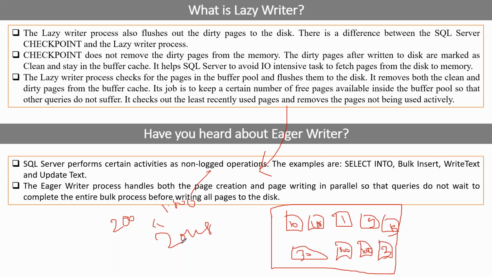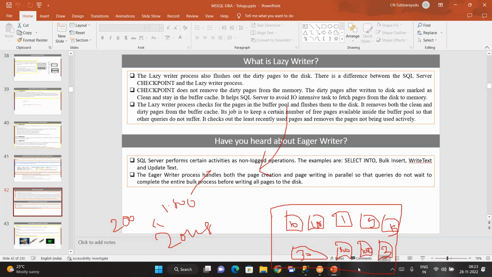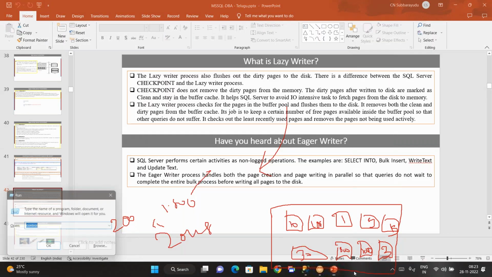So that's why, sir, we have a lot of parameters like total server memory, target server memory, page life expectancy, memory grants pending, and available MBytes. There is internal pressure, external pressure, and you may see wait types called resource semaphore, page IO latch, log writer. So there are lots, sir, especially when you go for memory. CPU is a very simple concept, sir, but for memory we need to see a lot of parameters. So don't rely on Task Manager when you are troubleshooting memory.